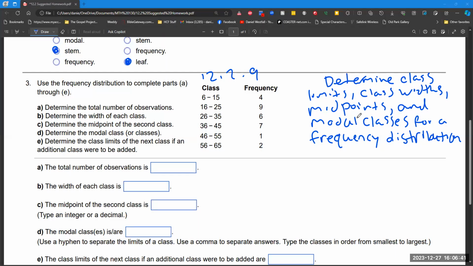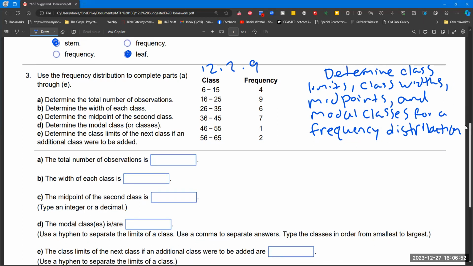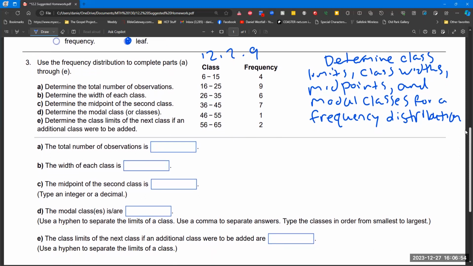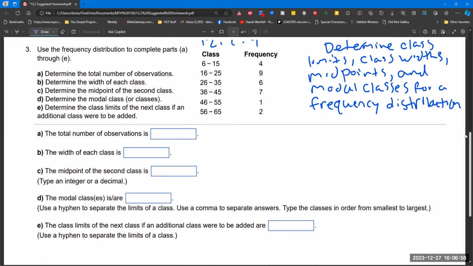In this video, we're going to talk about how to determine class limits, class widths, midpoints, and modal classes for a frequency distribution. This one is 12.2, problem number 9 from the textbook. So we have a